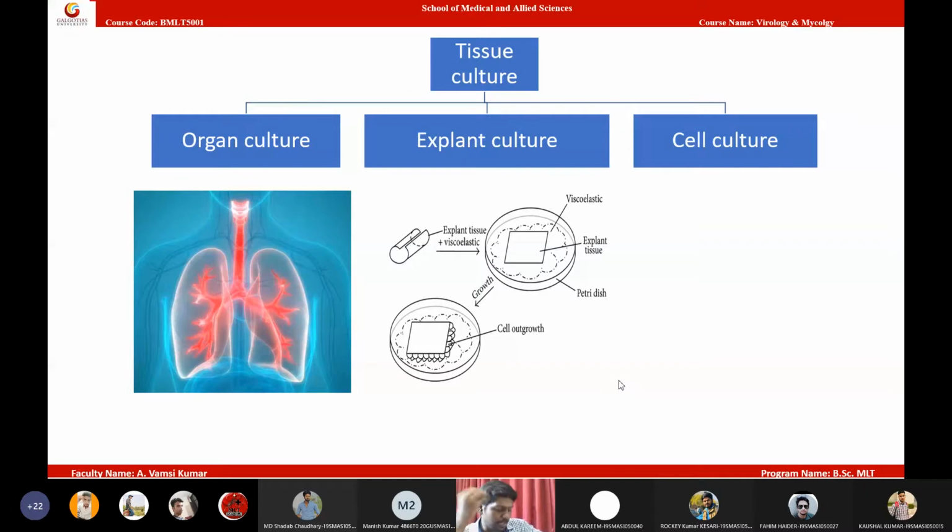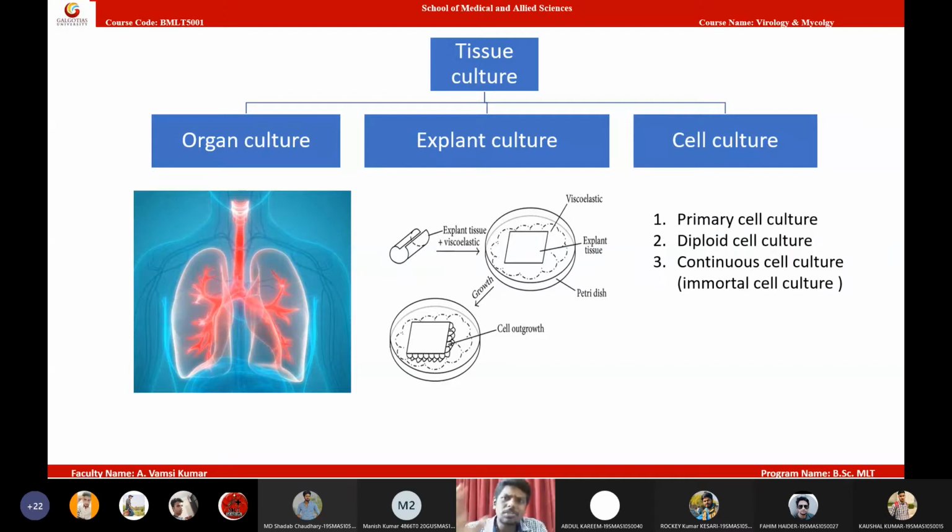Or I will give you a basic example. We need an amniotic sac tissue, but we know that the amniotic sac is very important for a pregnant woman. Now what we can do is take the amniotic fluid. In that amniotic fluid, there might be some 1000 to 2000 amniotic cells. These cells we will filter, we will concentrate, and we will make a layer of these cells. And these layered cells will act as a tissue. Such a cell layer is called an explant. Okay, so they are called explant cultures.